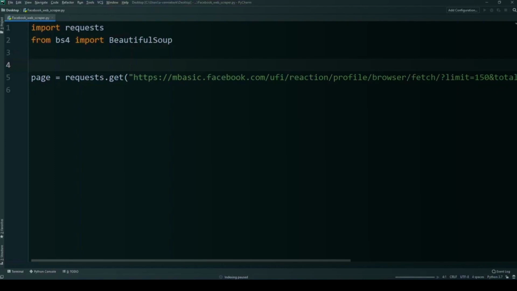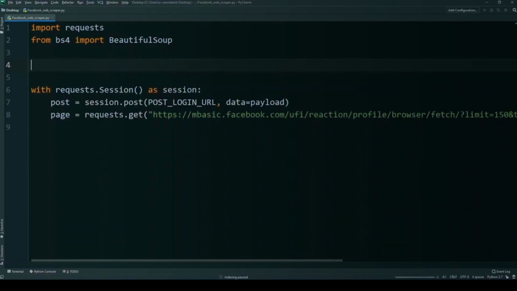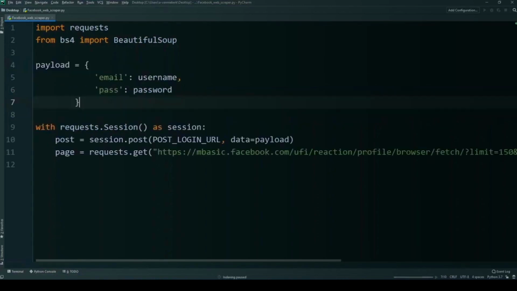The requests library gives you the capability of sending your login name and password, and this can be done using the following code. So with the requests library, we create a session, and then in the session we give Facebook our username and password, and that is contained in this command here. Now we need to create this payload of the username and password, and that can be done by creating a dictionary. So we create this variable payload, and we have email and pass keys for the dictionary, and then this will be your username and password for Facebook.